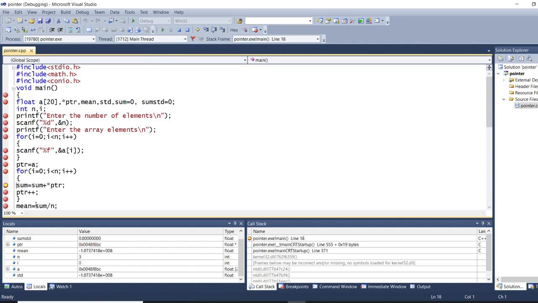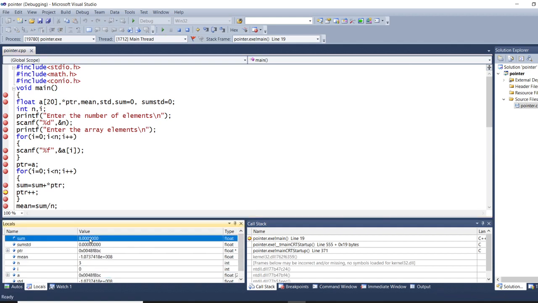So here you are going to add sum plus star pointer. Pointer is nothing but the address, and star pointer is the value you are fetching. We will see what the value of sum will be. So I'll click on continue, and you can see, let me show you, just wait a minute. Sum value is 8. Sum is 8, the first value is 8, and then pointer plus plus,